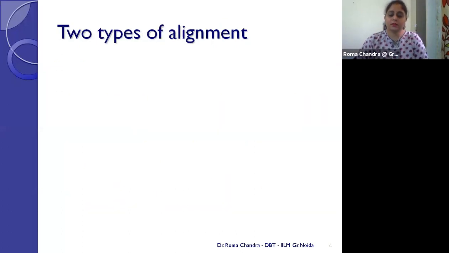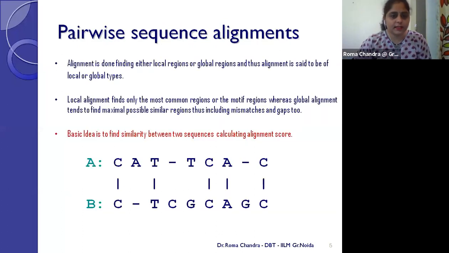Okay, so the first thing is pairwise alignment. We have talked about it, and what pairwise alignment is, that also we have talked about. So that is when we are trying to align two sequences, but the thing is how to calculate that there is similarity between two sequences. Okay, I told you that if we are going with any kind of alignment, we are trying to search for either local regions or global regions.